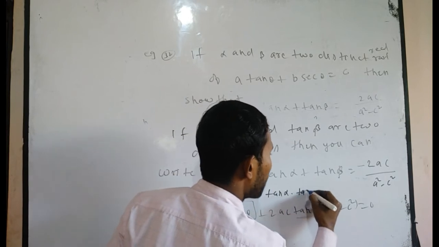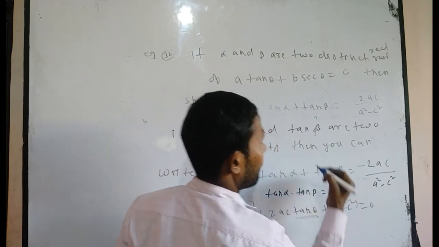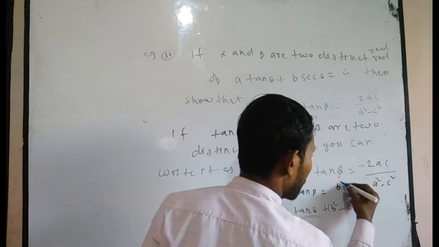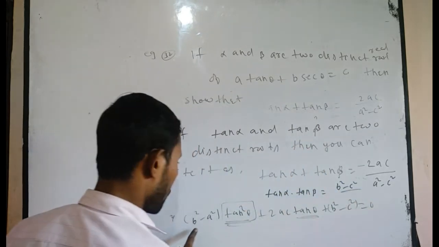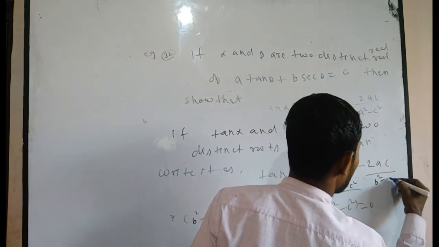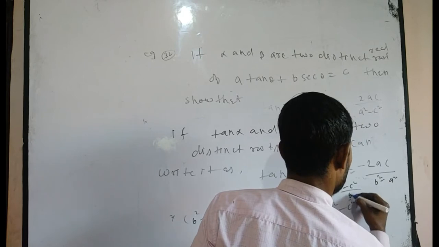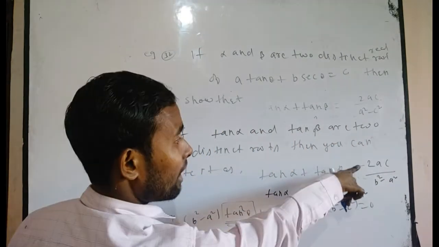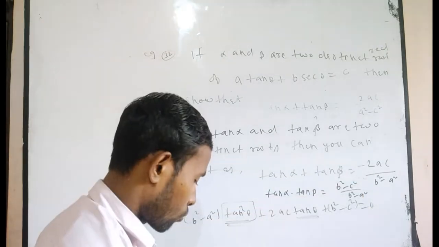And the product of roots, tan alpha into tan beta, is equal to c by a, that means b square minus c square divided by b square minus a square, and the sum is minus 2ac divided by b square minus a square. Now